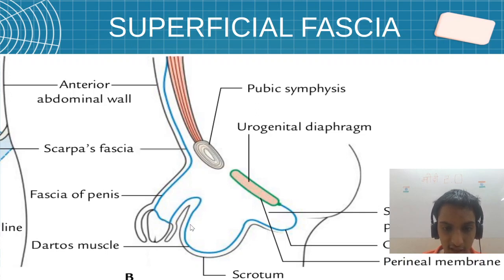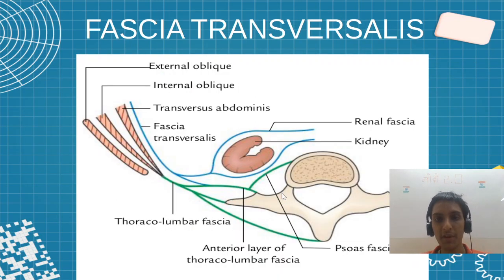Then the Buck's fascia is continuing as the involuntary dartos muscle. Please remember this point now. Camper's fascia is modified into an involuntary muscle layer called the dartos muscle, which is going to cover the scrotum or the scrotal sac. Then we are finding that it is leading to the Colles fascia, and this Colles fascia is going to form a membrane, that is the perineal membrane covering the perineal pouch. In that all the contents of the male and female reproductive system will be there. Okay, that was the superficial fascia.